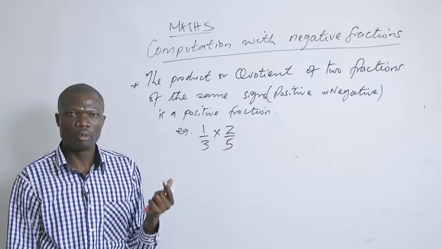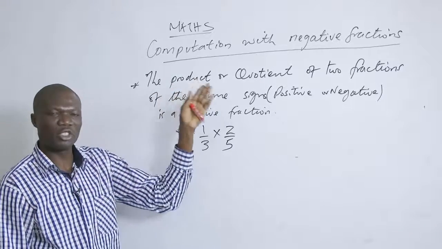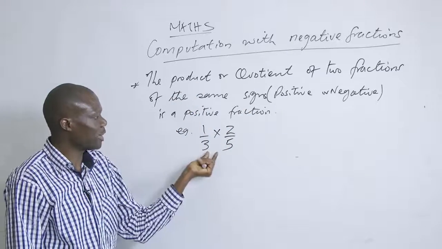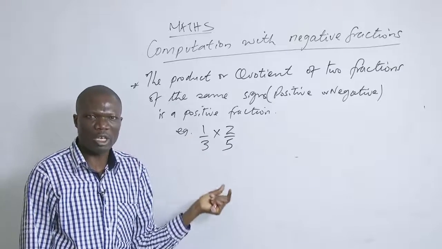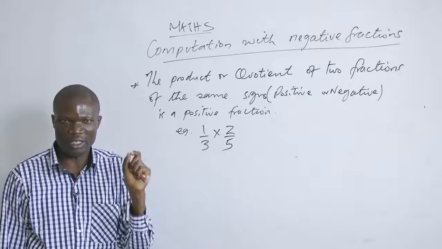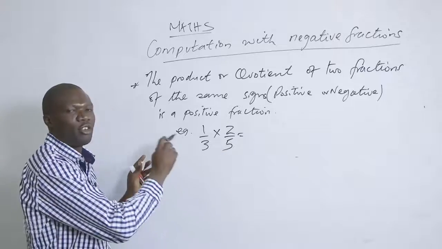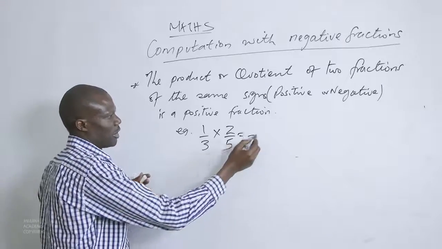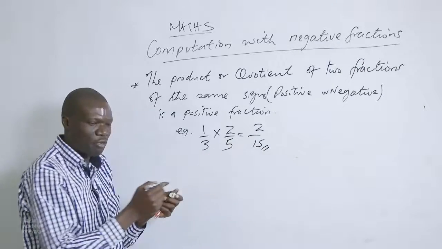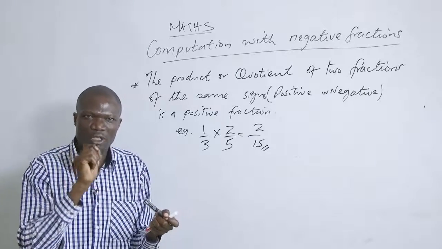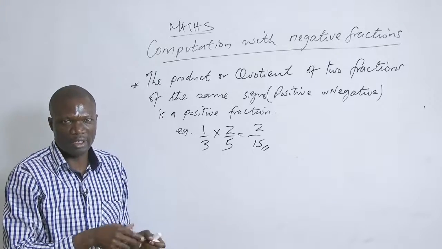These are two positive fractions. If the positive fractions are being multiplied, this is a product, so we are multiplying. We are saying if the two of them are being multiplied and both of them are positive, the result is positive. So in this particular case, where we need to cancel, we cancel. But the principle of multiplying fractions is that numerators are multiplied together, denominators are multiplied together. So 1 times 2 is 2, 3 times 5 is 15. So you will have 2 over 15, and it is positive, not negative, because two signs that are alike give us